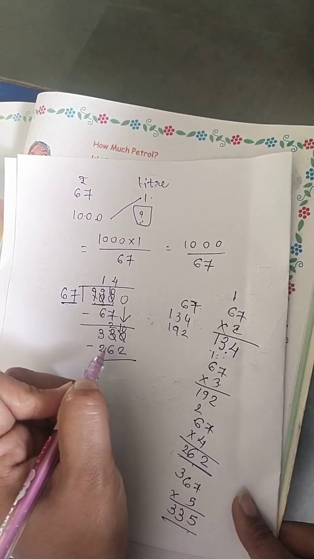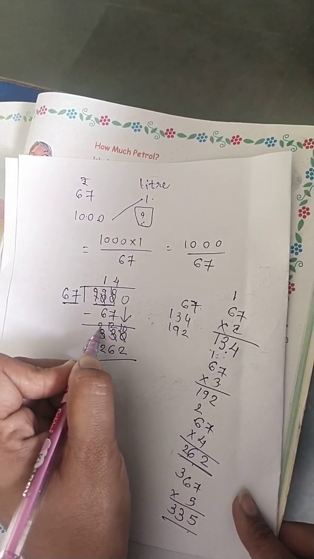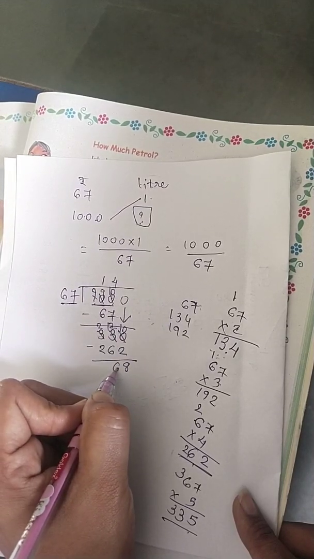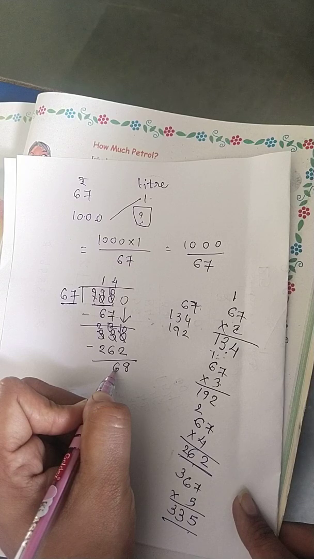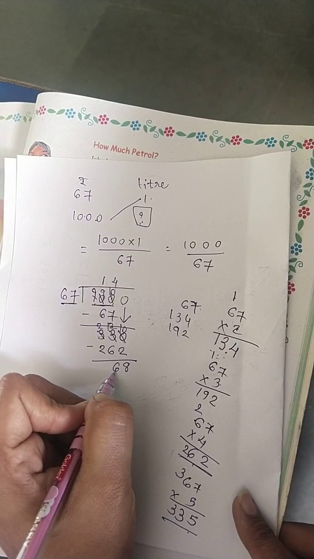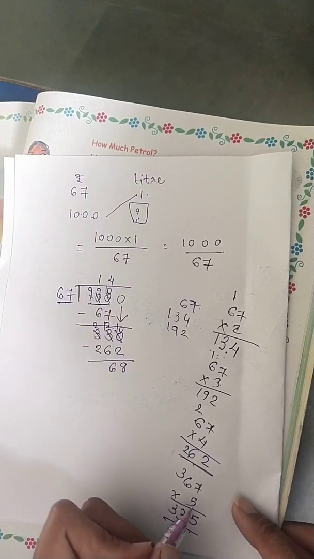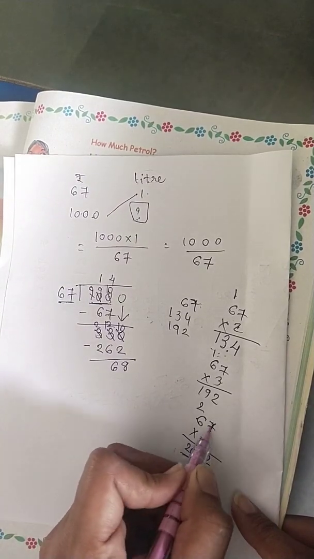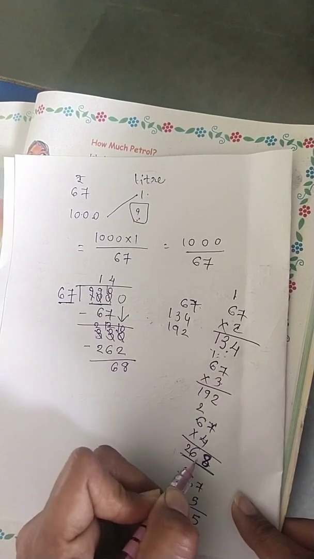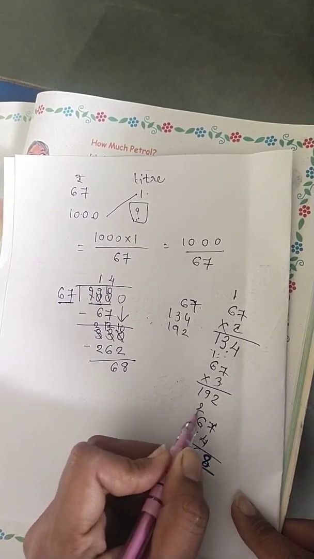Now 10 over here, 2 is not possible. 12 and here 2. 2 from the 10, 8; 6 from the 12, 6. Something is a mistake we did, students, over here. Yes, 7 fours are 28. Carrying 2. 6 fours are 24 and 2, 26.